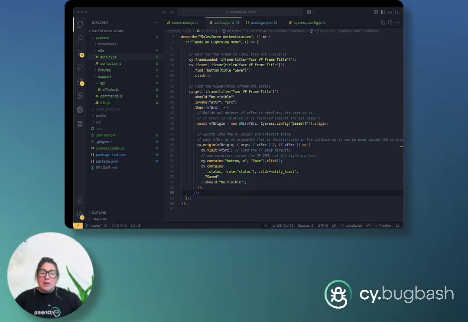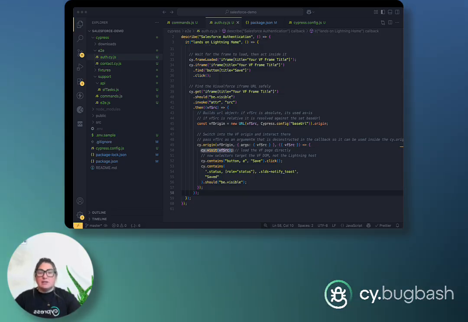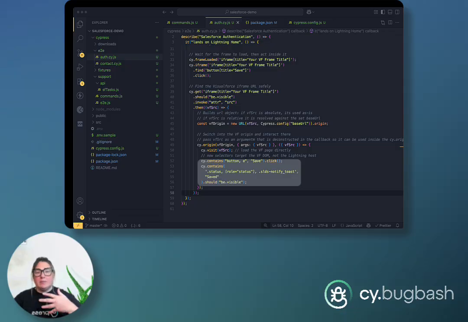Moving on, now that we have this, we know we're dealing with a cross-origin iframe. So to cross origins in Cypress, you need to leverage cy.origin. So what we're doing is we're saying we are going to this new origin, fully qualified absolute URL. I'm also passing that same source attribute as an argument and deconstructing that argument in the callback so that my first line inside of here, I can actually do the visit to this new origin that I'm going to. Then all of this is similar to what we've seen before, going in, grabbing something from the UI, taking action